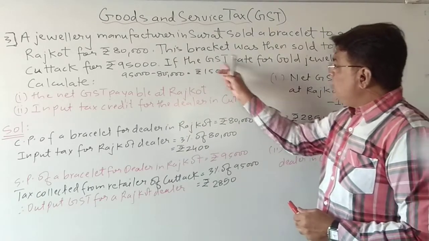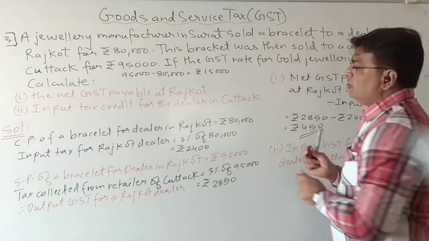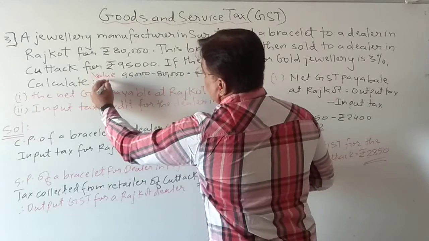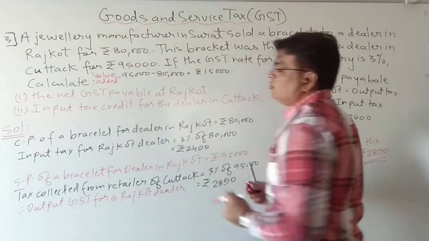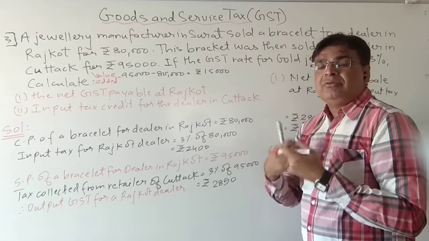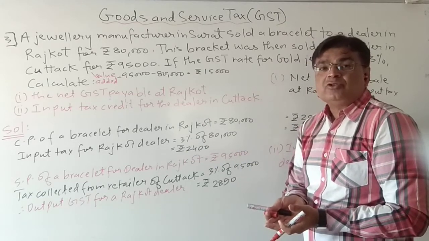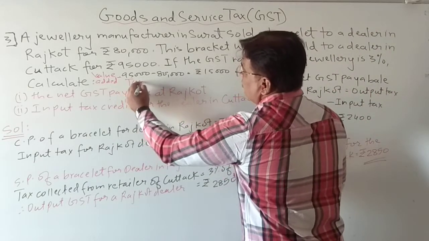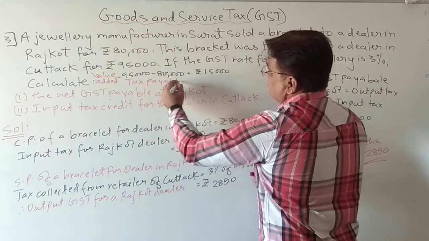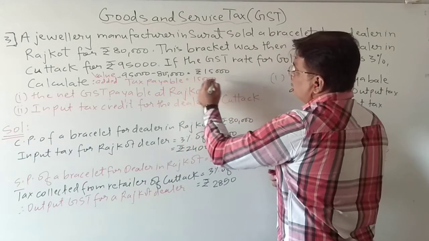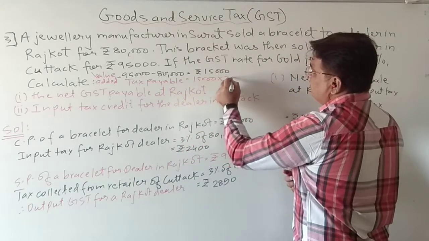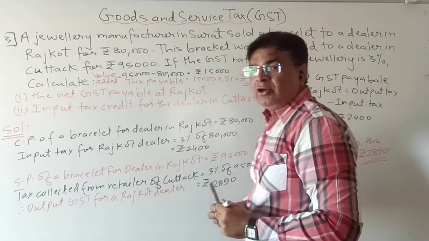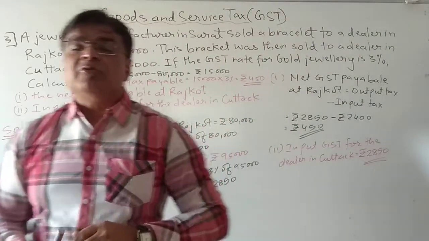So on this value addition, if you find 3%, this is called value added. Why, students, is it called value added? Because it was 80,000. In that some value is added and now the bracelet is selling at rupees 95,000. So how much value is added? 15,000. Now on this 15,000 also, if you calculate the tax, 15,000 into 3%, it comes to rupees 450 only. Okay, students, in this also directly you can calculate the tax.